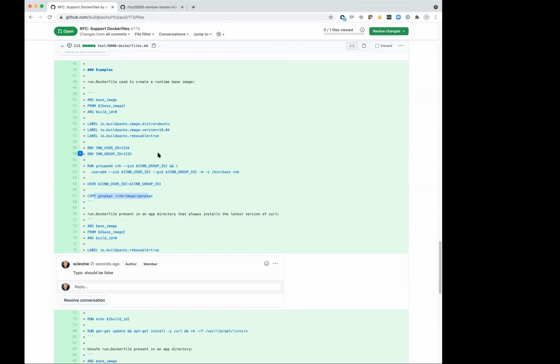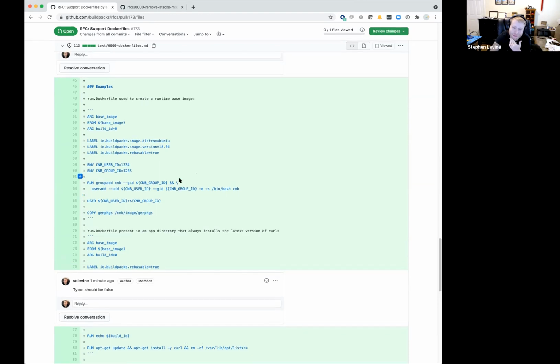I think you might want to consider making that gen packages not overwritable from the app-specific images. That way someone who's creating the stack can supply that and make sure that no one's tampering with it at the app level. I think that's kind of impossible in some ways, because in the end it's a Docker file running as root, right? There's not much we could do. We could take a checksum of it ahead of time and make sure it doesn't change, but even if we take a checksum of it, they could set LD_PRELOAD to replace it with different code, right? Yeah, it's true. It's not a solvable security problem.